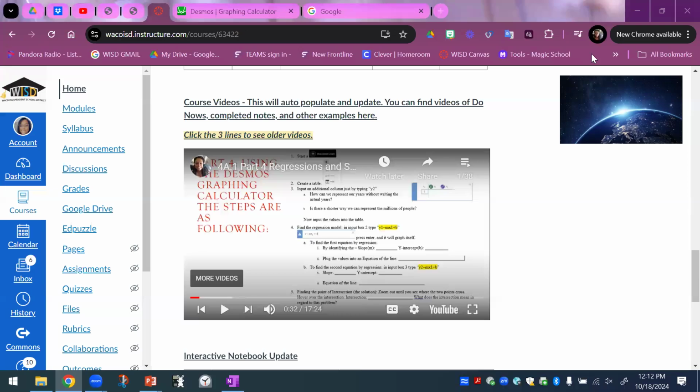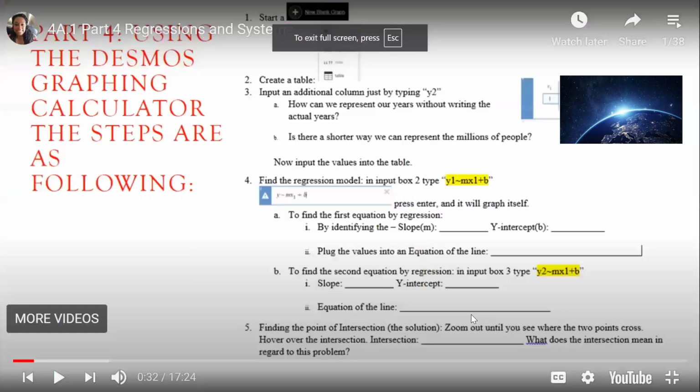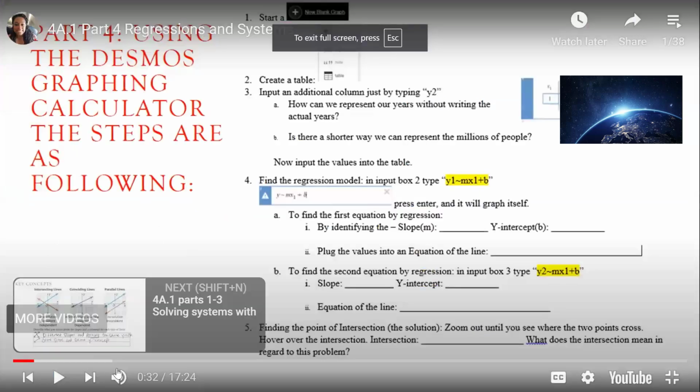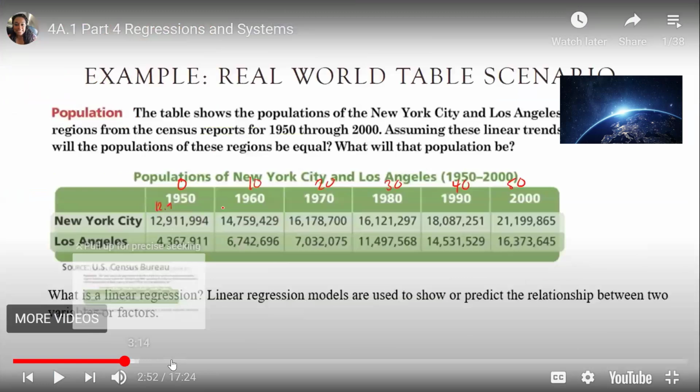All right, so really quick. If you look right here, this is going to describe to us what we're going to use in Desmos. The rest of the video is going to talk to you and remind you how to do it in the handheld. Key thing for the handheld for part 4 of your notes is that with your handheld,